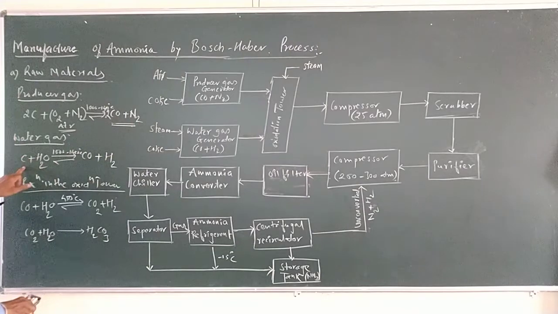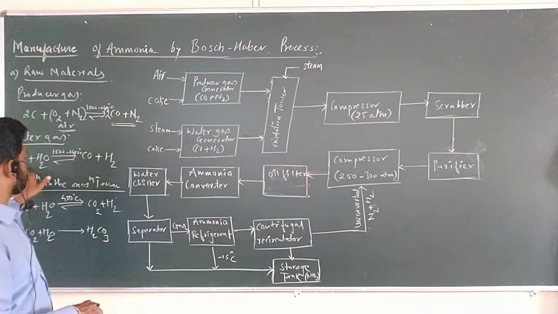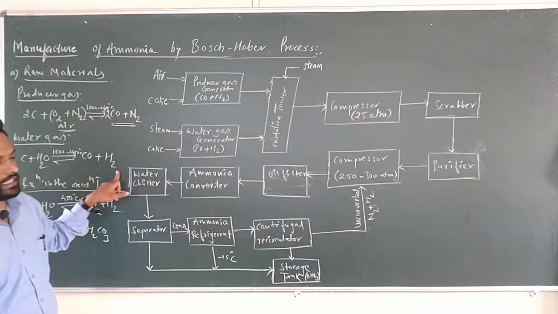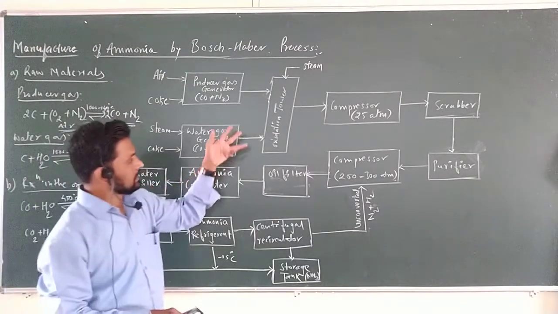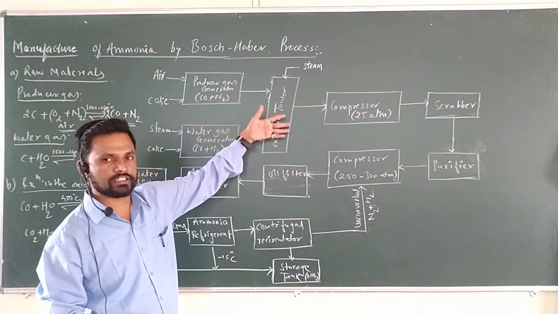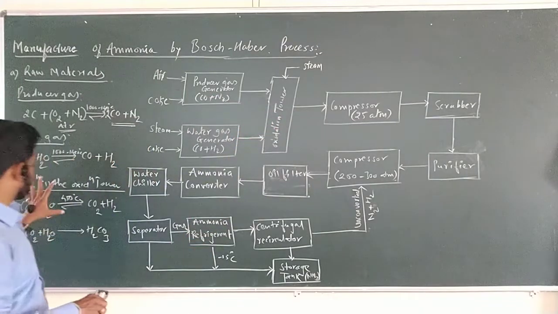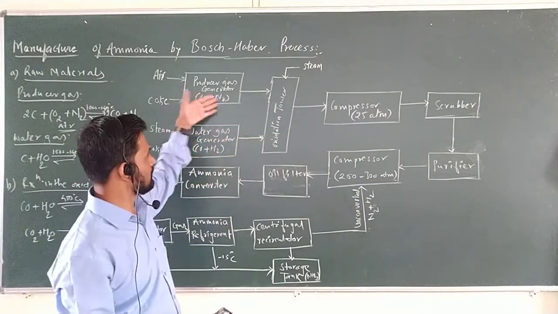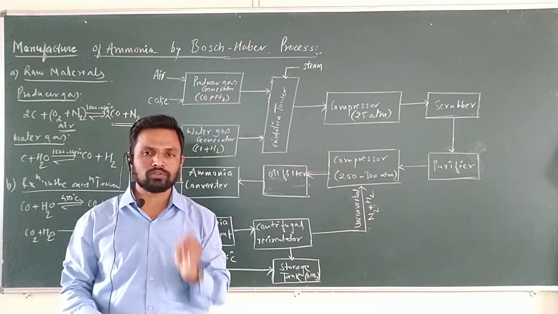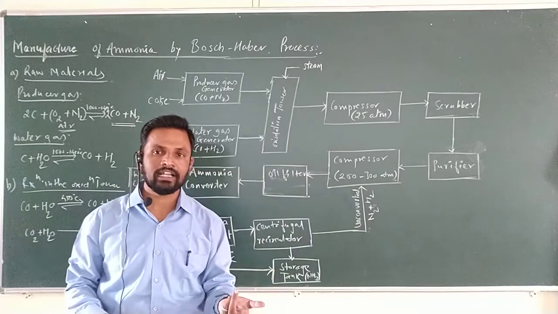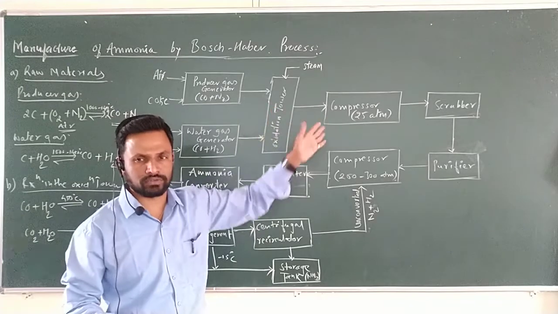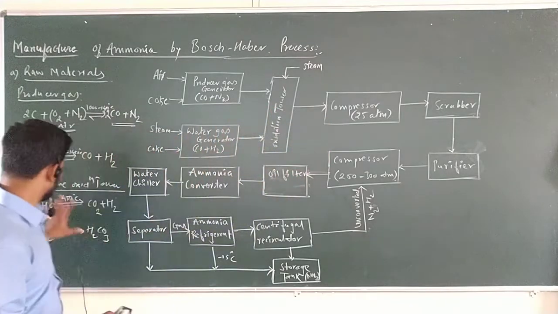Further, water gas is coke plus steam. Coke is nothing but carbon. Steam is nothing but water. Again H2O forms carbon monoxide plus H2. Further, these formed producer gas and water gas are passed into the oxidation tower. Why is it necessary to pass the producer gas and the water gas into the oxidation tower? The formed carbon monoxide is converted into carbon dioxide, and this carbon dioxide is dissolved with the water to form H2CO3. That reaction takes place in the oxidation tower.